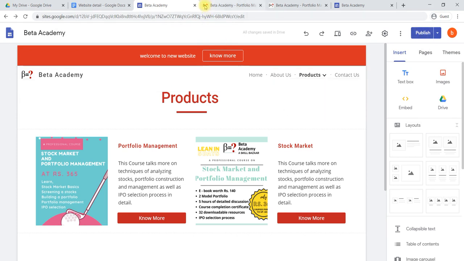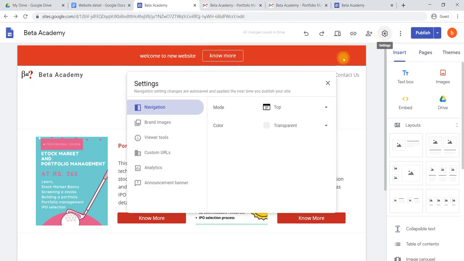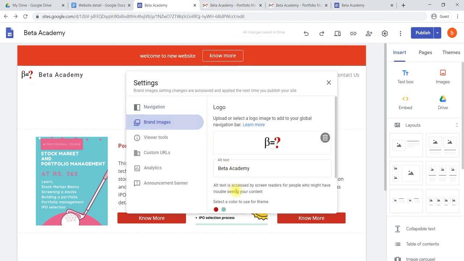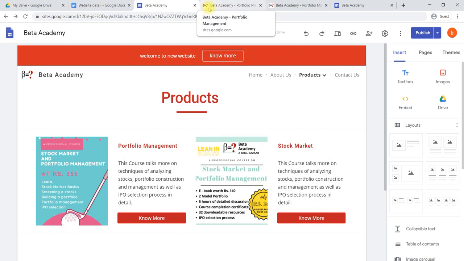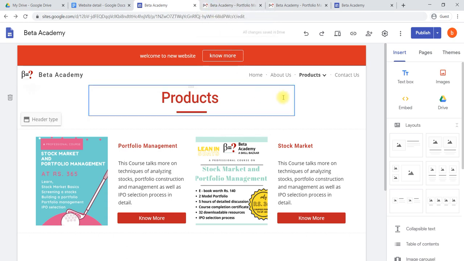And this is nothing but a favicon. Your logo will be shown here, that is a favicon. What we selected as the favicon in settings, that logo has been shown here. When you are loading a website, you will easily be able to recognize it by looking at the logo also. This is about how we can construct a Google site within an hour by using Google Sites, very easily with drag and drop.